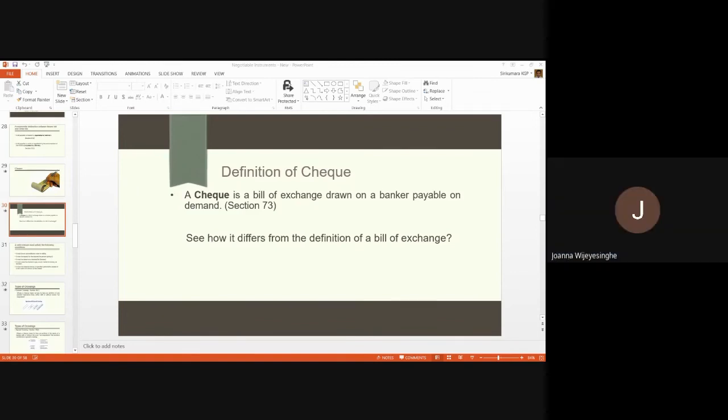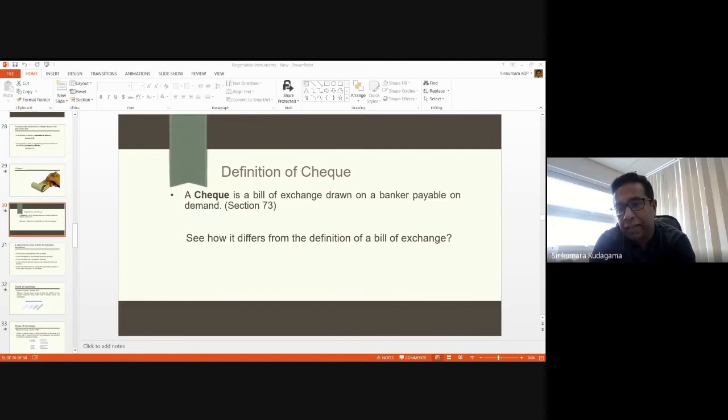In section 3, the definition is a broad definition. It says addressed from one person to another, but in section 73, it's more specific, and it says it's drawn on a bank. Exactly. Thank you. You'll see that section 3 recognizes that a bill of exchange can be drawn by one person to another. Any two persons can be connected as